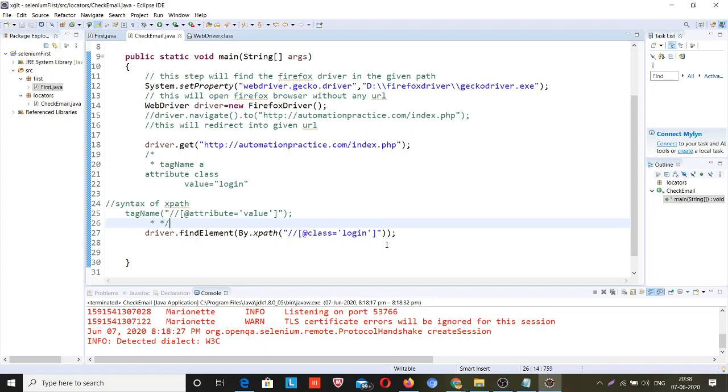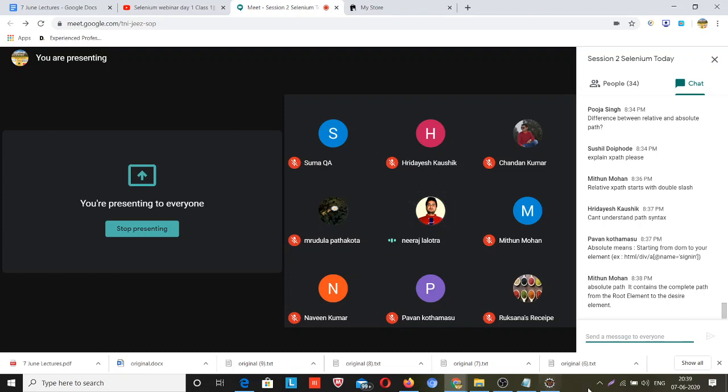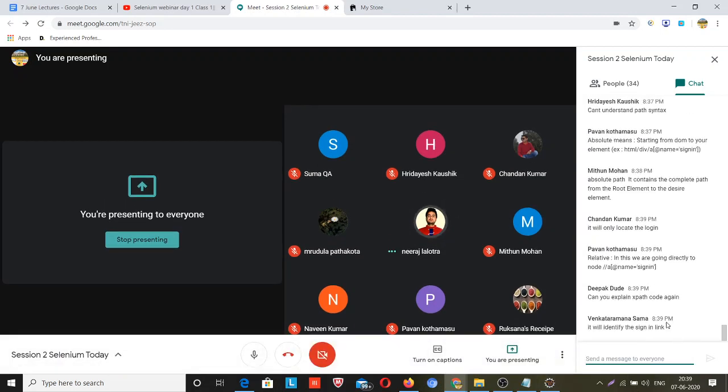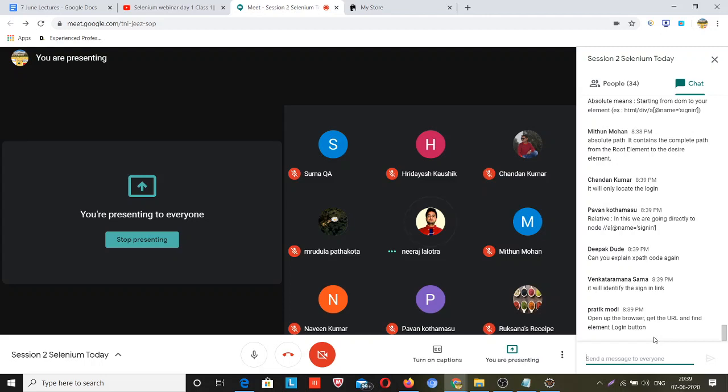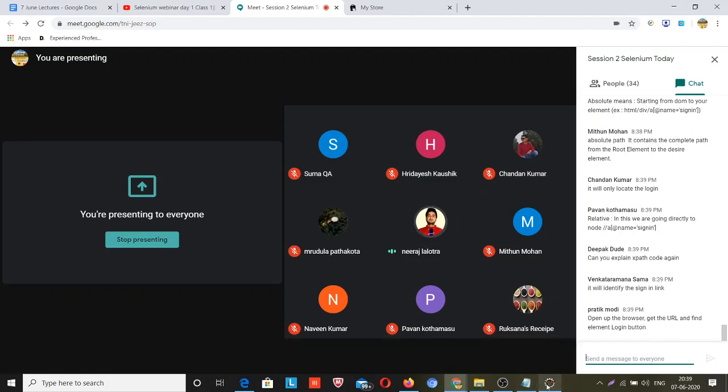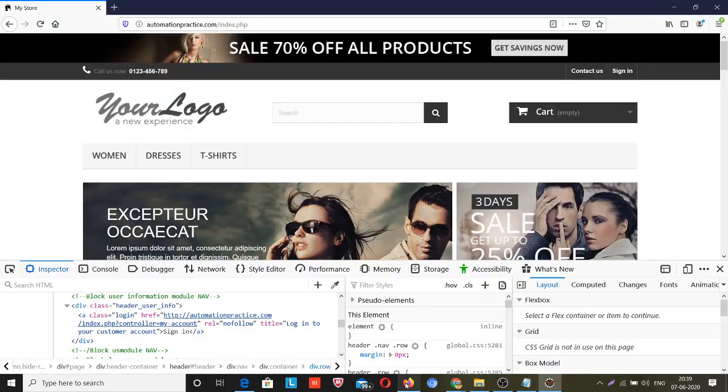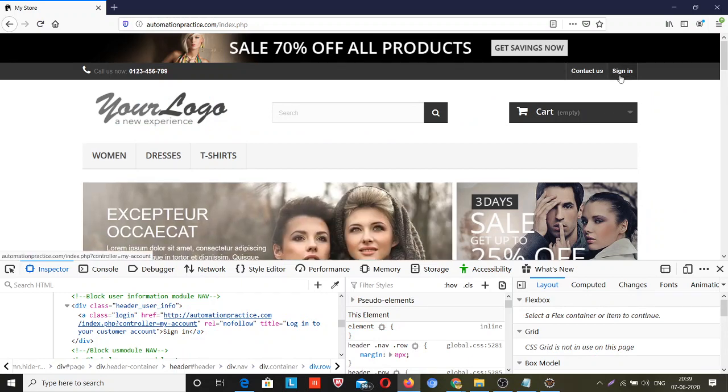It will only, after opening the web page, find the login button. Okay, I understand. Don't come further. Anybody else? It will find the sign in link. Okay, but only finding the sign in button is not sufficient for me.